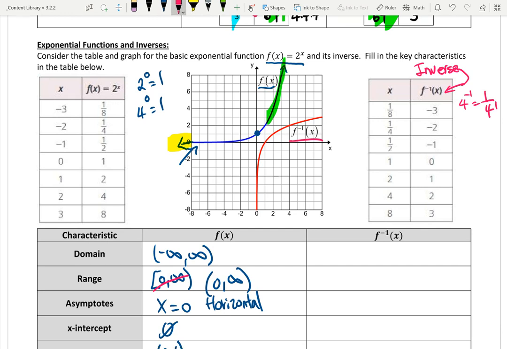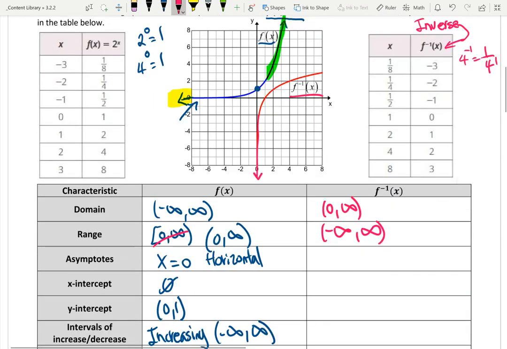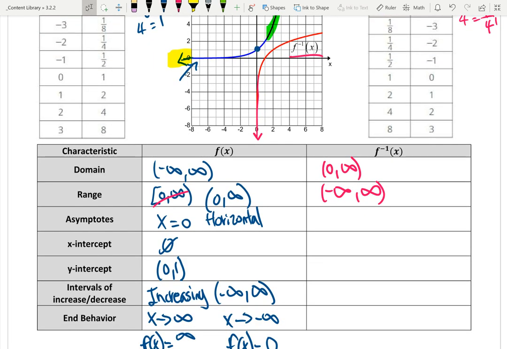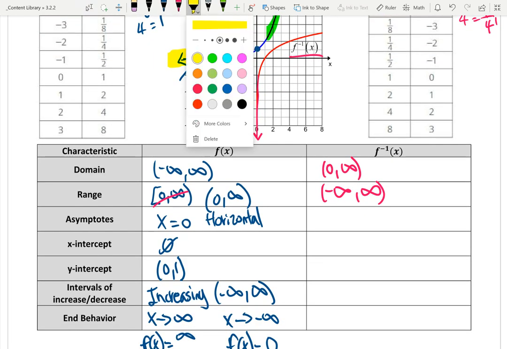The inverse. Well, it looks like it doesn't even cross this. I know that it might look like it's on top, but it's actually just really, really close to the y-axis. So, the domain is 0 to infinity. My range, it can be negative, and it goes up. And if you look at f of x and f of negative 1 of x, you might be able to see that,